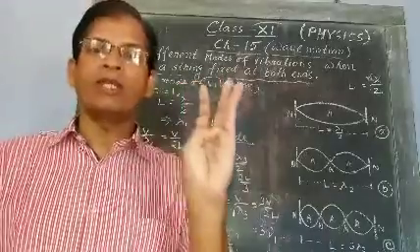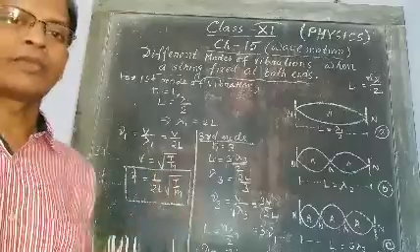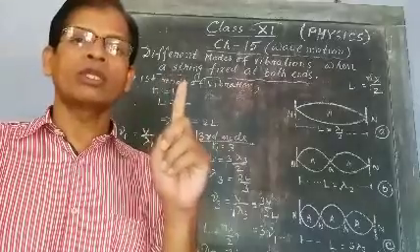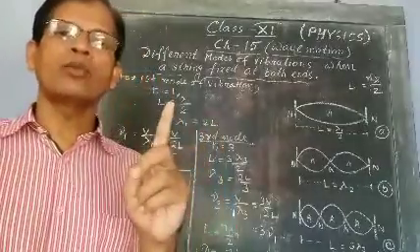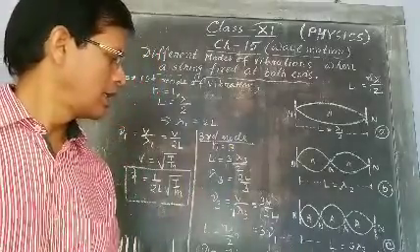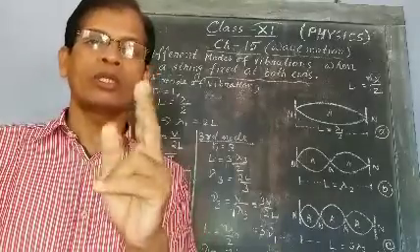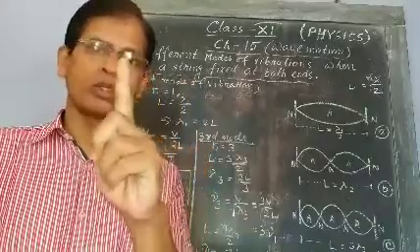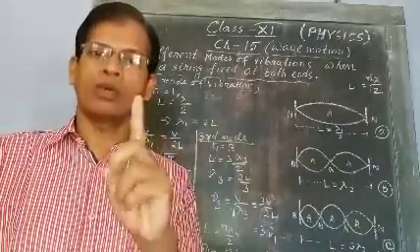So fundamental frequency is nu1. This is equal to 1 by 2L root over T by m. Second harmonic is twice nu1, this is the first overtone. Third harmonic is thrice nu1, this is the second overtone. And this is the nth harmonic or n minus 1 overtone. Overtone is decreasing by 1. Second harmonic, first overtone. Third harmonic, second overtone. So nth harmonic means n minus 1 overtone. Clear?